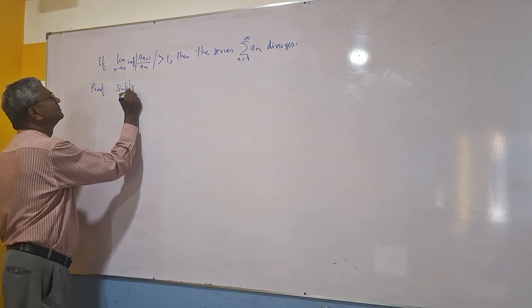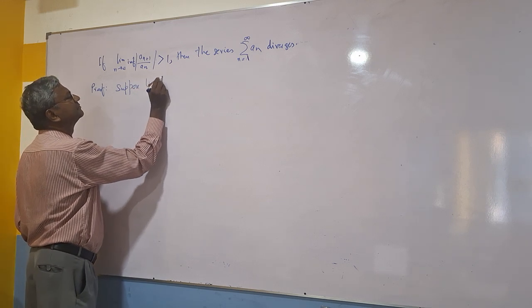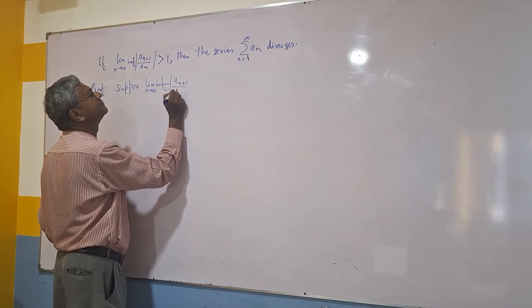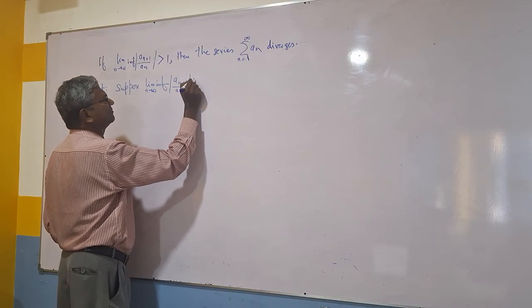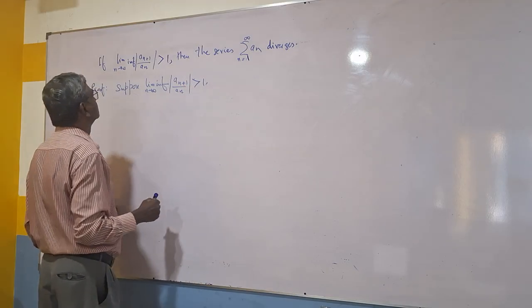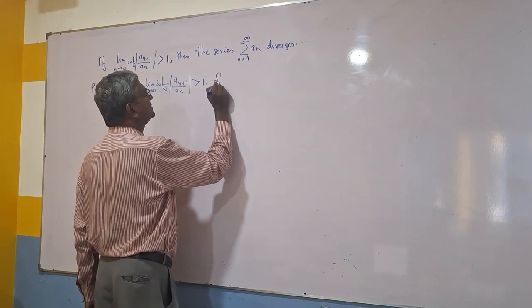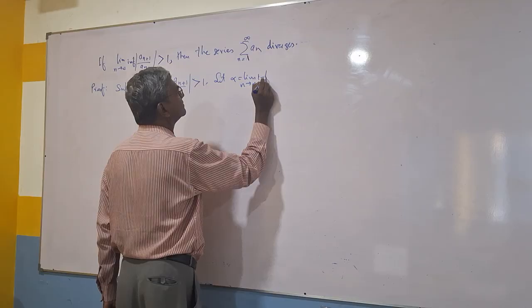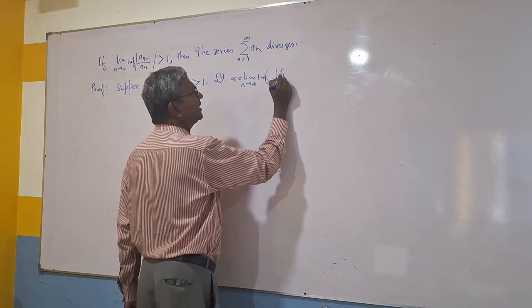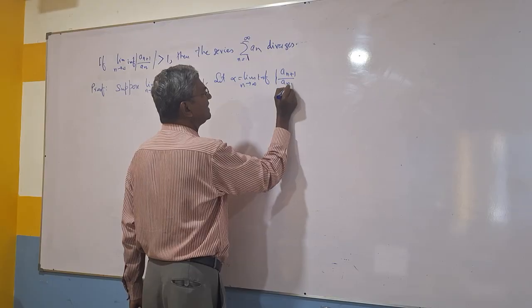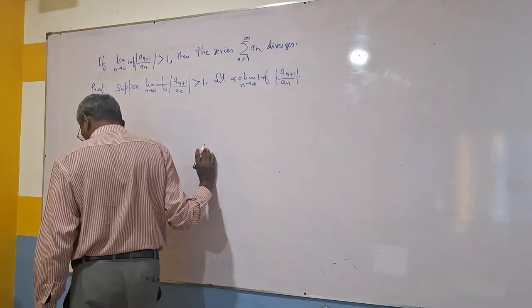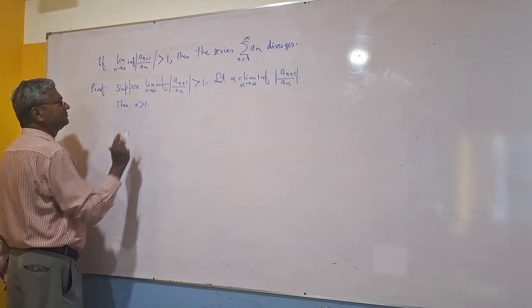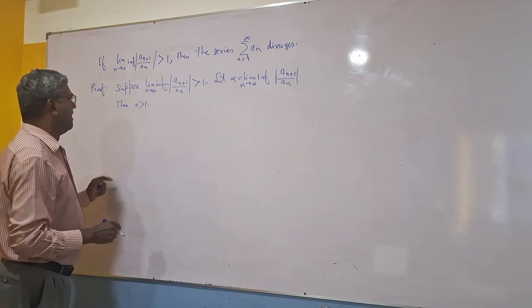Suppose lim inf |a_{n+1}/a_n| > 1. Let alpha equal lim inf of a_{n+1} divided by a_n. Then alpha is greater than 1. Thus,